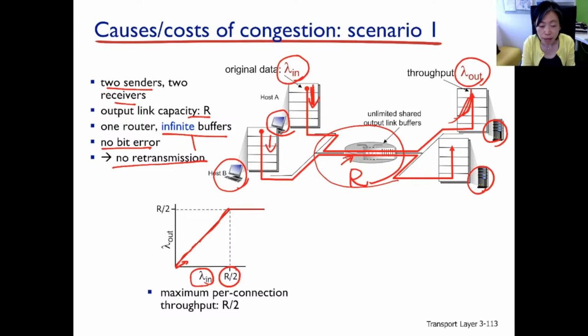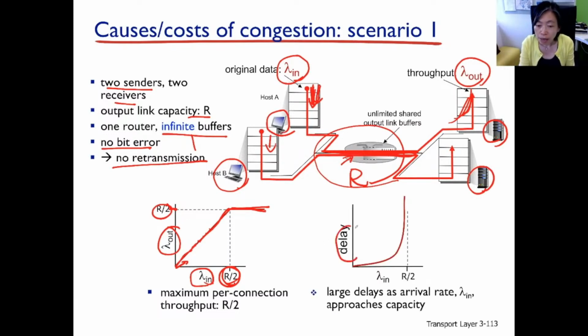But this will only go up to here. When we exceed the link capacity, because there are 2 flows and the link capacity is R, each flow gets only half of R at best. That means lambda out can only, at best, be R divided by 2. So even though lambda in continues to send more, we hit the ceiling here because the resource is limited. We don't get to push more out. So we increase the sending rate, and the receiving rate increases accordingly, but beyond this point, even though we're increasing the sending rate, the receiving rate remains the same.